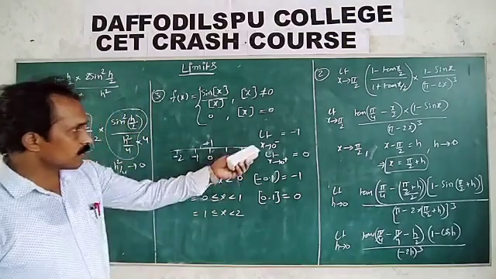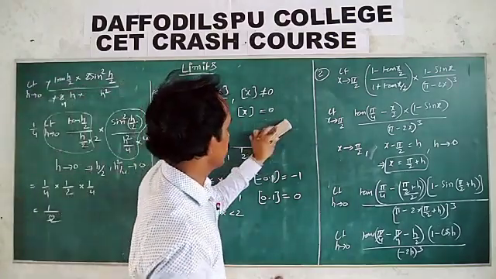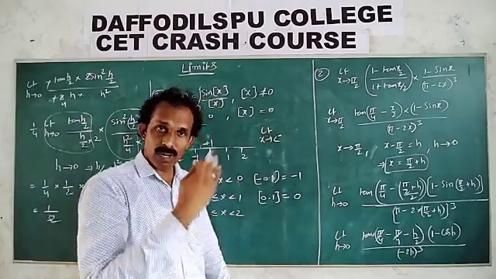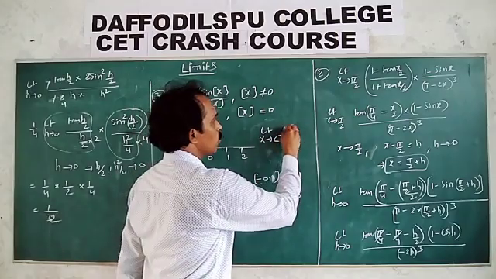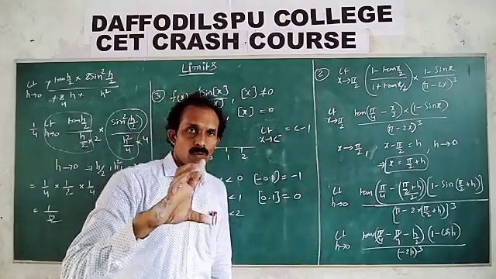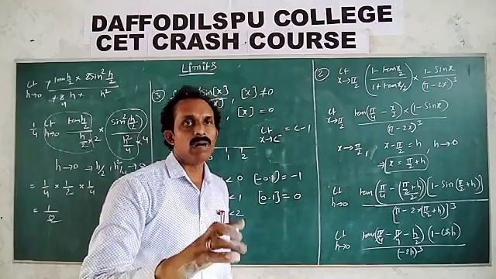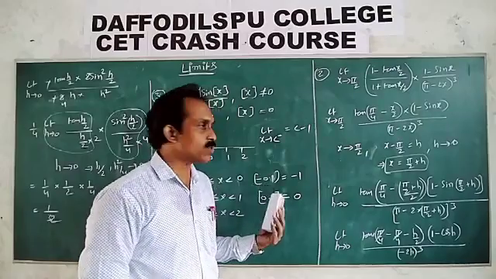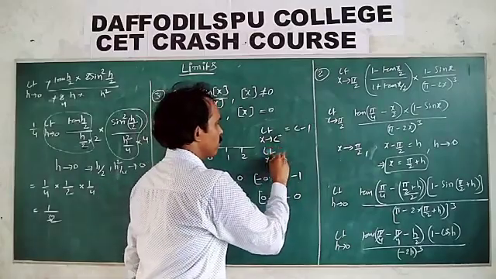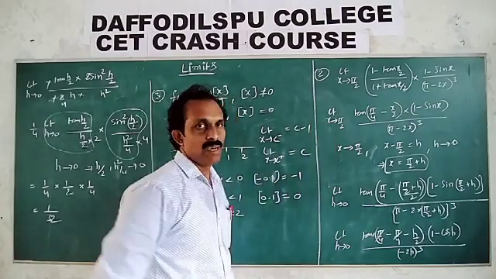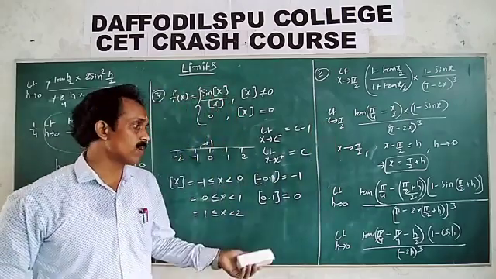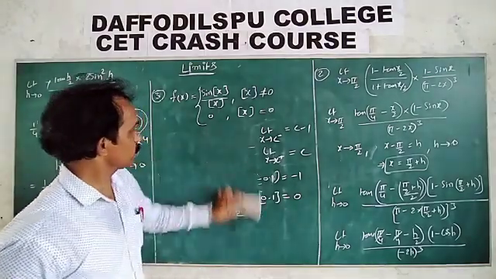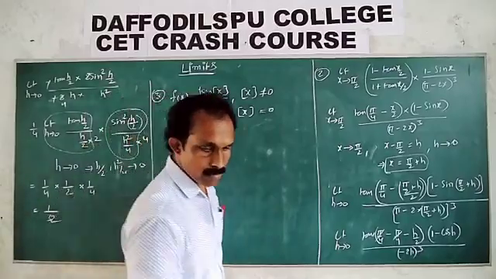Clear? So from this what you understand: the limit as x tends to c minus, the left neighborhood of c, gives one value less. Suppose for 5, what is [5 minus]? Left of 5 means one value less, 5 minus 1 is 4. For the right of c, c plus, it is the same. Suppose 5 plus is equal to 5. Like this, this is the greatest integer function concept.